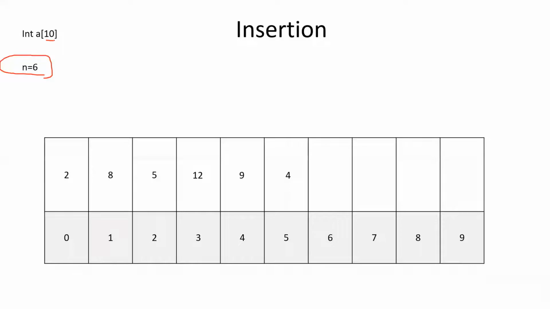Size means what? When you declare a of 10, what are you doing? You are reserving 10 spaces in the array. What is the size allocated for an integer value? Abjit, how many bytes are allocated for an integer value? 2, ma'am. So how many bytes will be allocated if I'm declaring a of 10 as an array? How many bytes will be allocated?